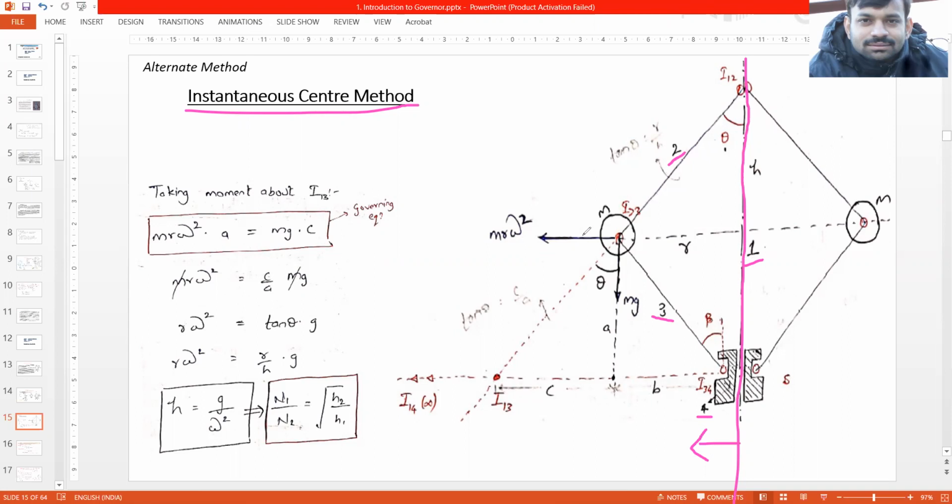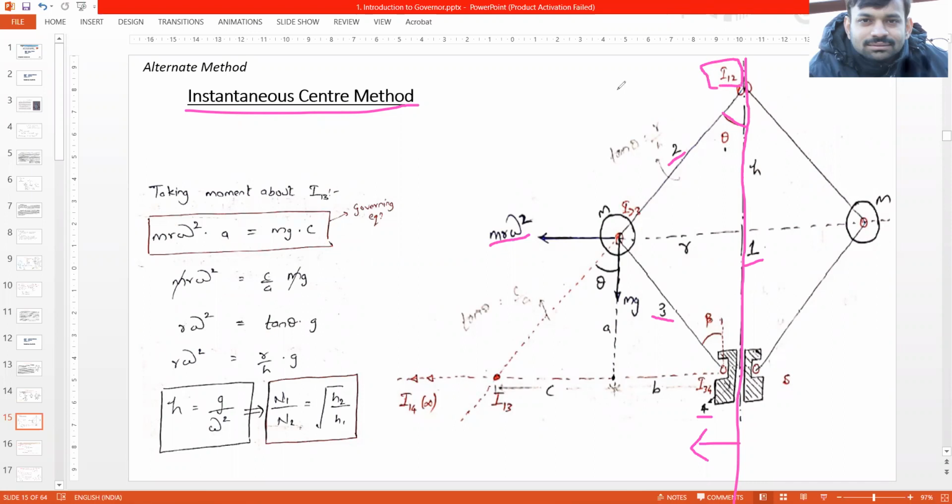Now this m r omega square is acting outwards, that is the centrifugal force. Let's consider this angle as theta. So the instantaneous center for link 1 and 2 will be I12,